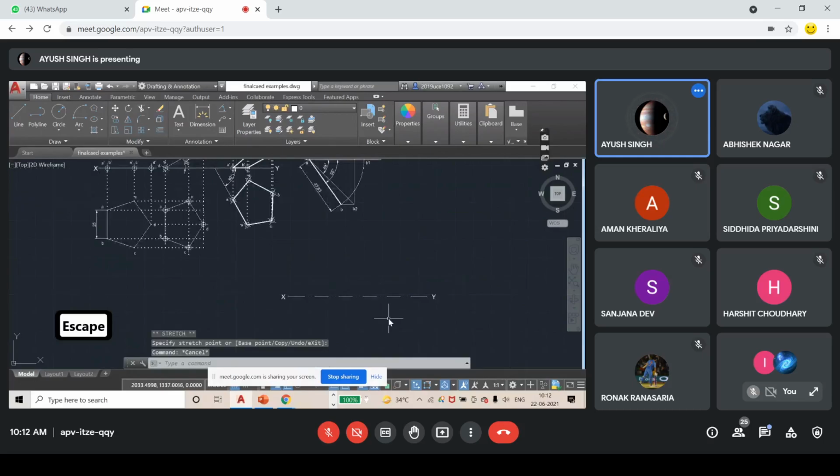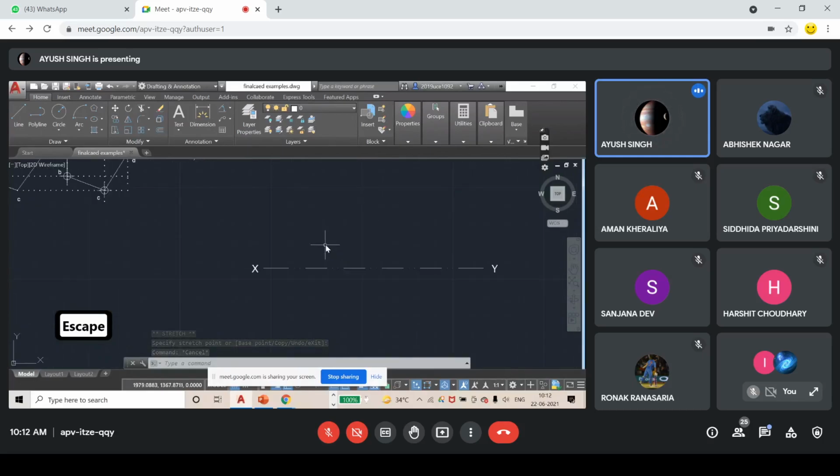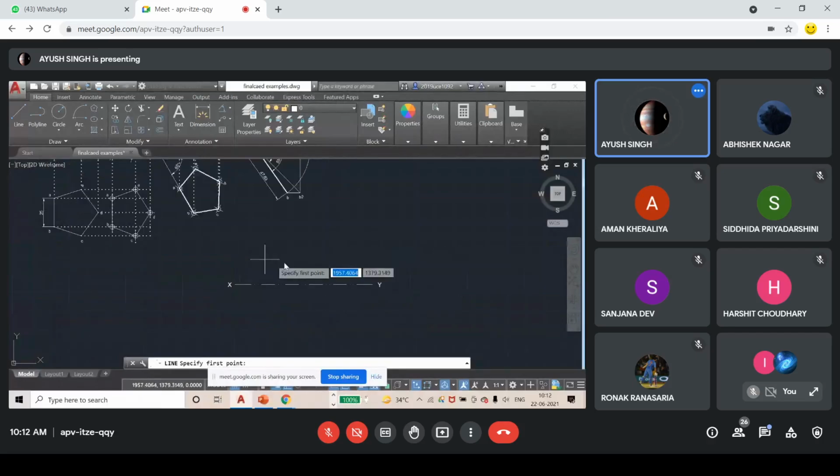Now I need to create the front view first, with a similar procedure to the pentagon I used before. It is resting on HP, so it will be 25 mm here, 25 mm here, and 25 mm here, and you have to create two arcs. I am going to use a shortcut because we have less time, so I am just going to copy this because it is already drawn.